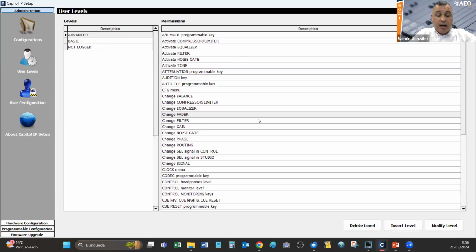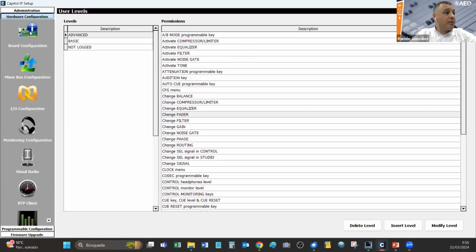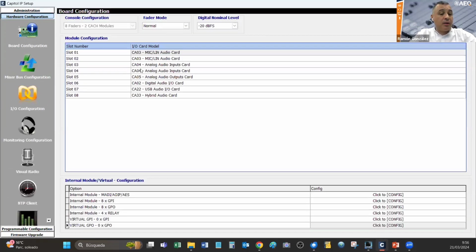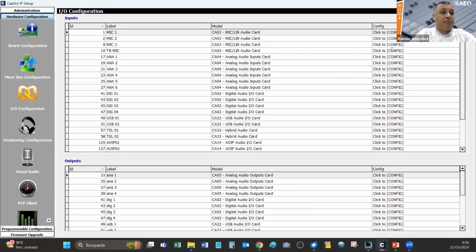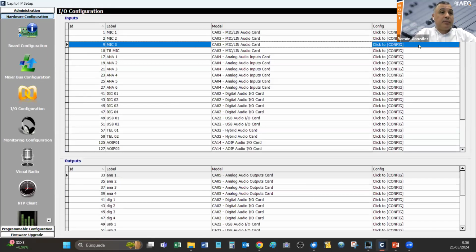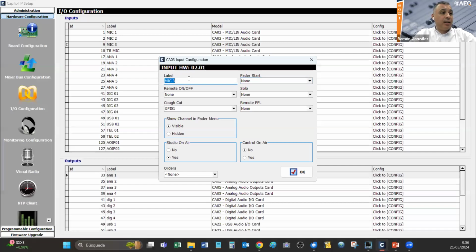can assign any functionality that you need for each of these levels. In hardware configuration, for example, we have this section, board configuration, where you can see all the hardware models that you have available in your Capital IP. We have, for example, the I/O configuration section. In case of microphones, we can rename